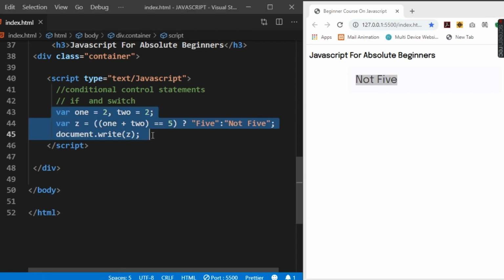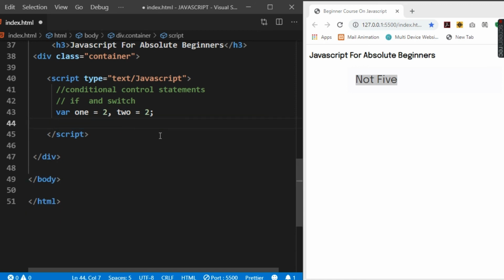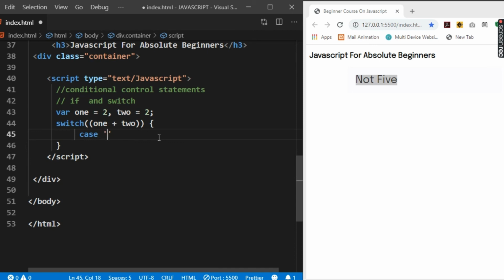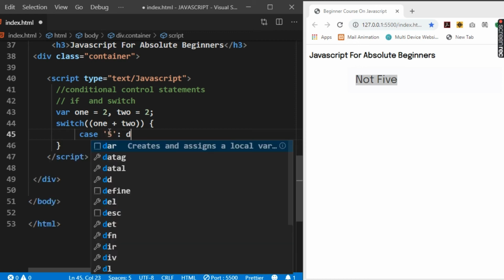Another elegant way of writing the same thing is to use a switch statement, the most useful way of writing it. What is the condition you want to give? Switch 1 plus 2, right? It differs in this. It is case if it is 1 plus 2, so not for this. Okay, switch is this 1 plus 2, right? If this condition is 5, I'll write here